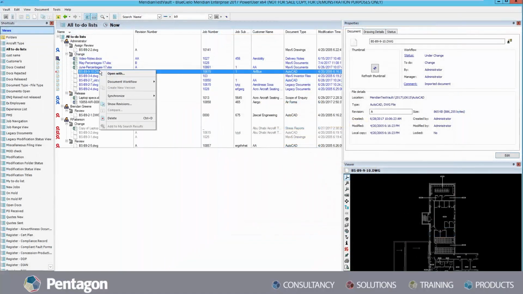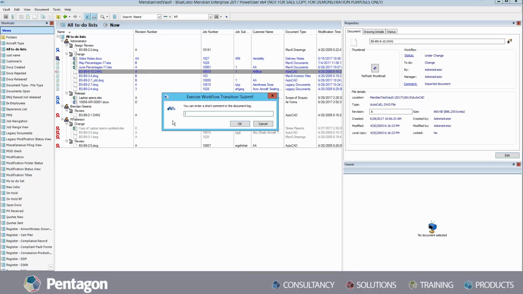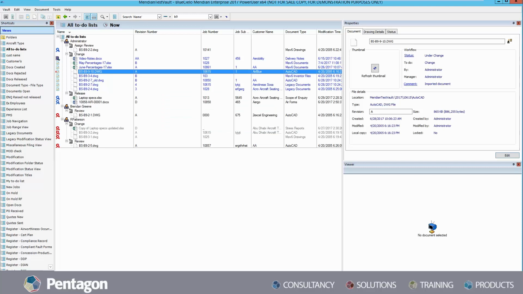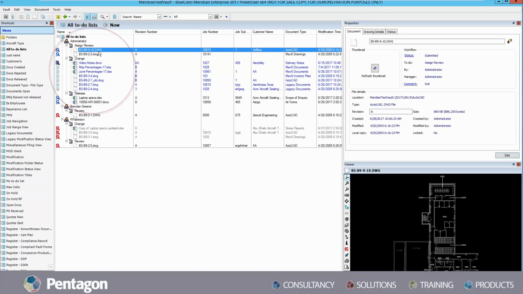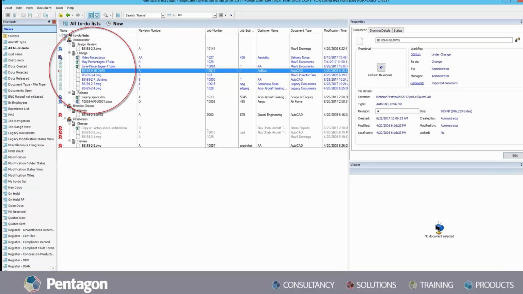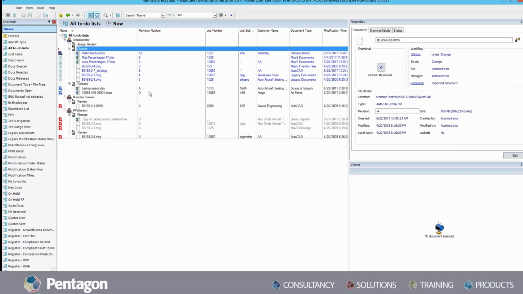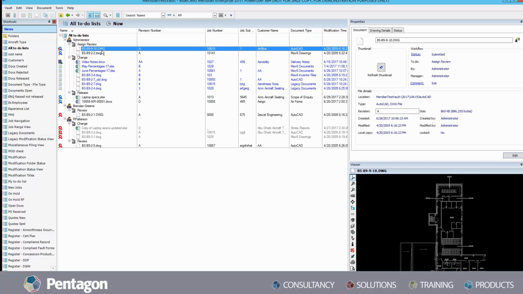To start with, we will right-click and Submit Document. We now have to enter a comment. The document now has appeared in the Assign for Review folder. Again, right-click, Start Review, enter an additional comment,